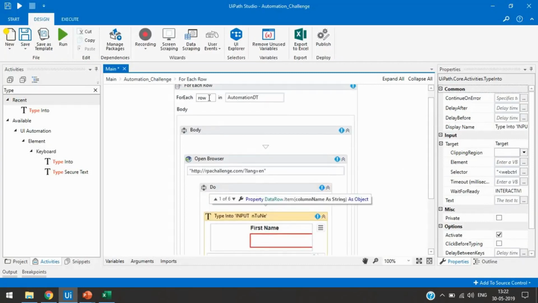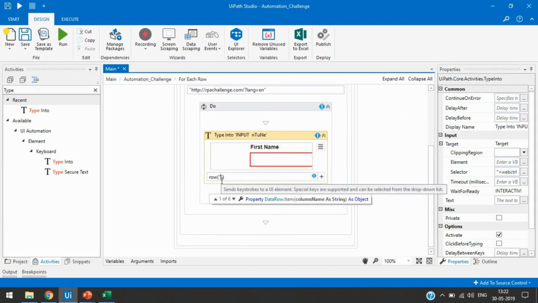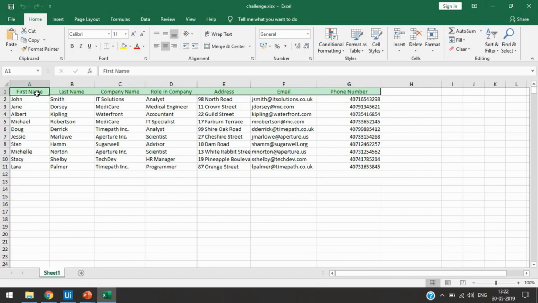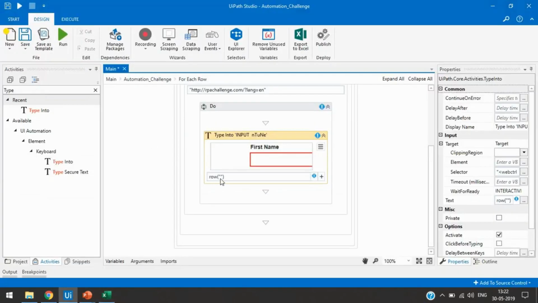Here we are getting data one by one from the data table in row. So we'll take row, and then here we'll take the name of the Excel column. So that is first name. We'll copy this and paste here, and then we can use .ToString.